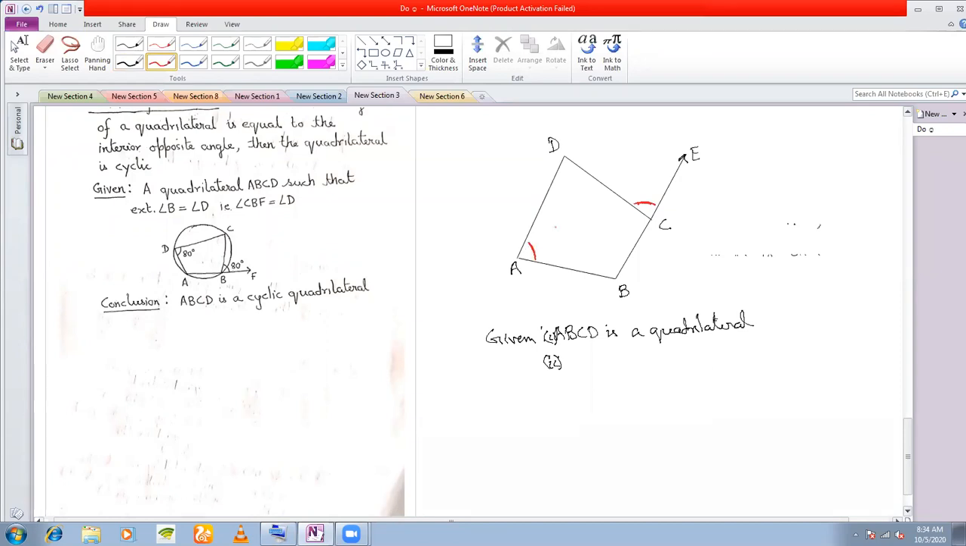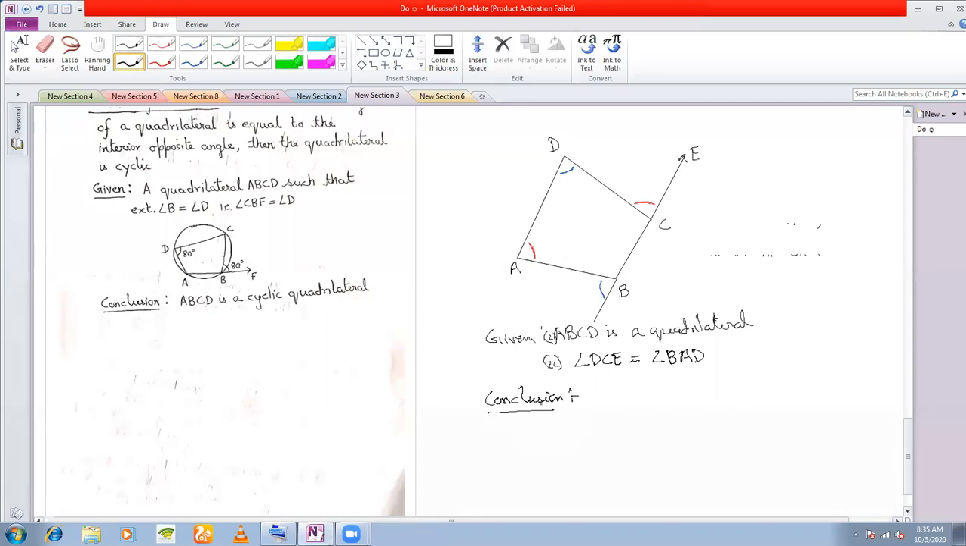Any one. Either this, or you can extend this B also. And if the red angles are not given to be equal, even if these blue angles are given to be equal, then also you can say that the exterior angle is equal to its interior opposite angle. That means it is given to you here that angle DCE is equal to angle BAD. Then your conclusion will be